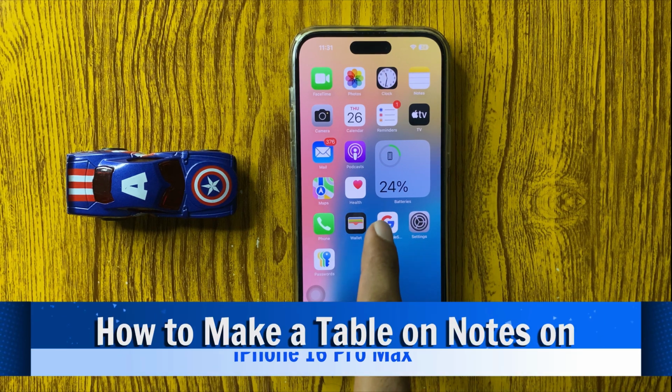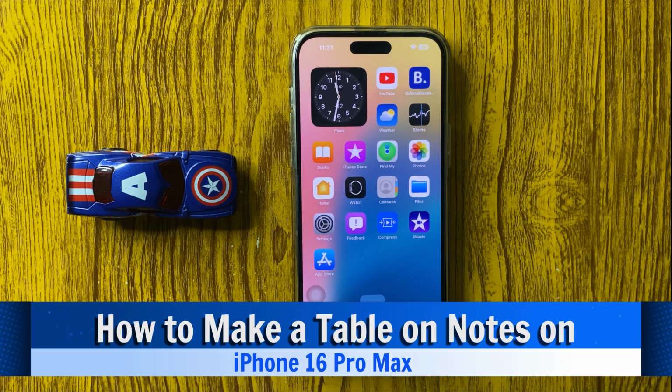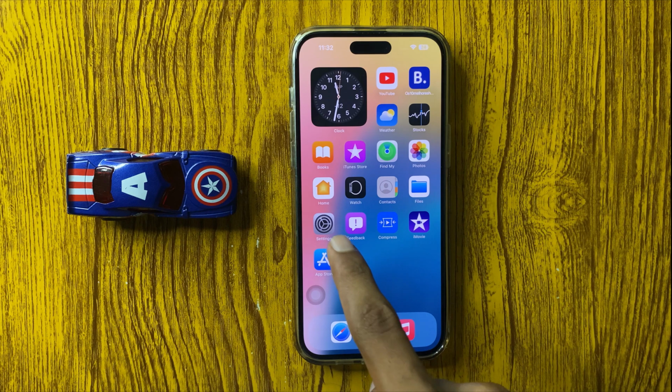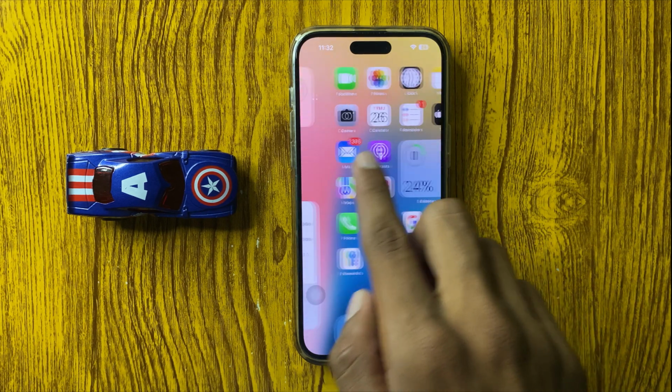How to make a table in Notes on iPhone 16 Pro Max. So let's start the video. First of all, open Notes